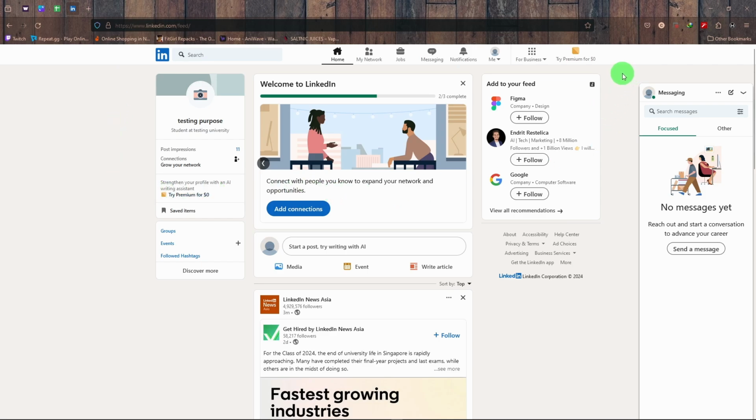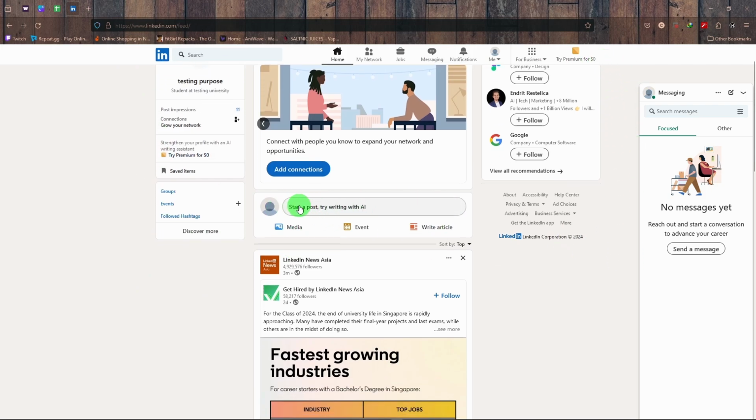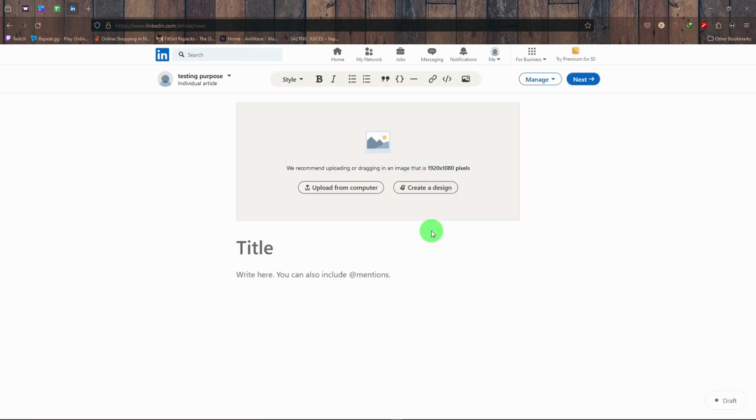So this is your homepage and it will look somewhat similar to mine. So you can post through here, right? And there is an option just below it called write article. Click on that. So if you have already